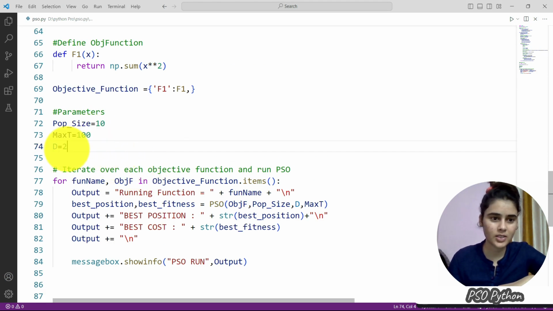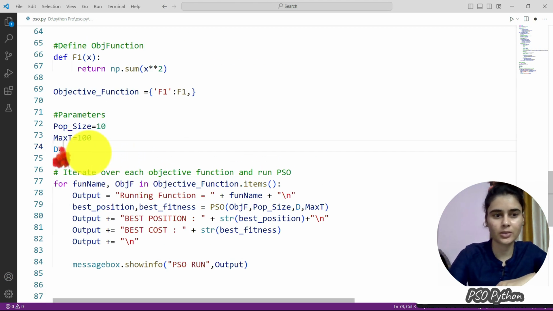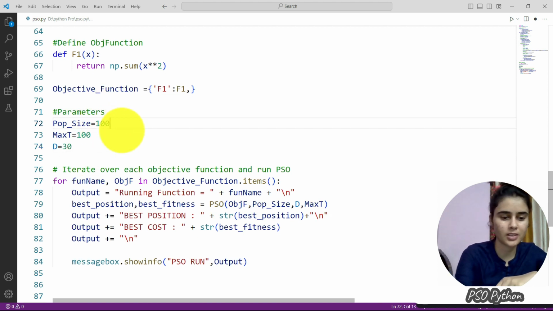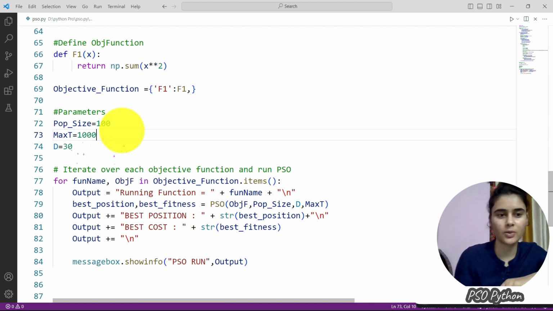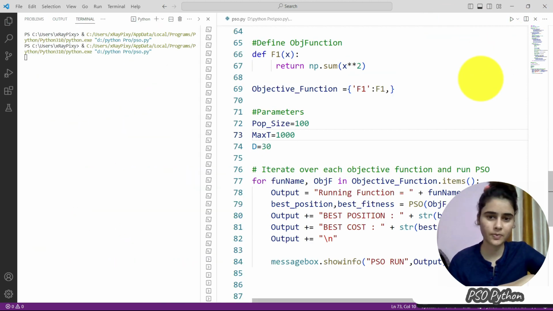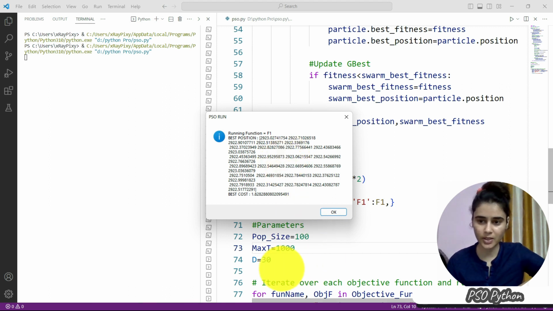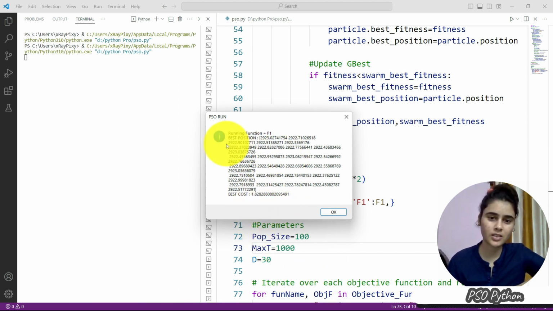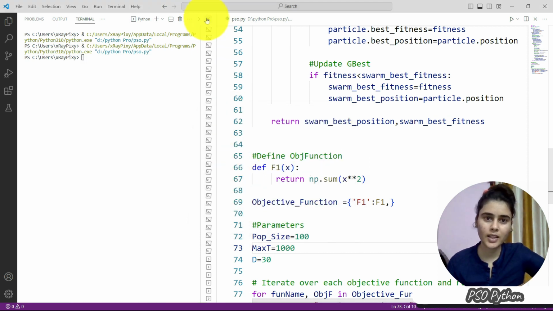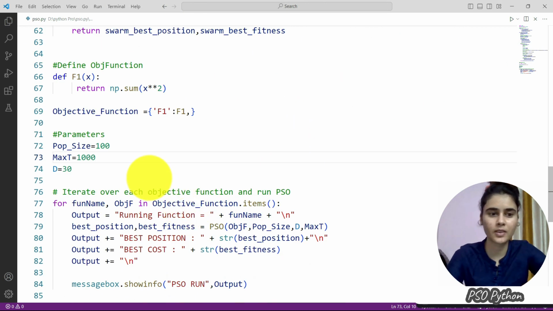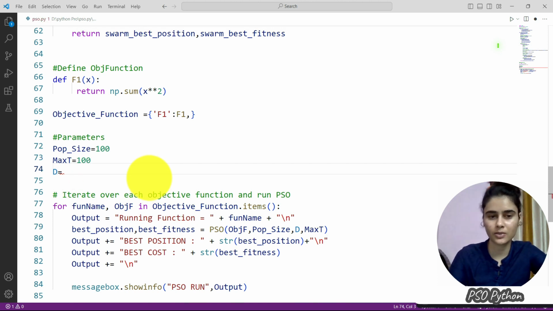Here we can change the dimension according to the objective function, 30, population size 100, iteration 1000. Then run the code, and you can see in the message box we obtained the best cost and the best fitness value. You can see here we have dimension 30, so for 30 dimension the best position and the best fitness value. Like that we can add here, so just keep it simple for testing.